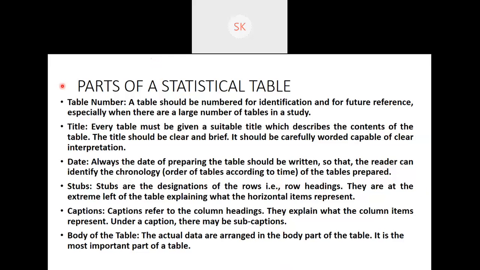No doubts. Let's continue. So this is the explanation of the statistical table in detail which is given. This again can be asked. Name a few parts of a statistical table as a 2 marks question. Or, draw a format of a statistical table and explain its parts. That also can be there. So you can give these explanations. I've already explained all of this.